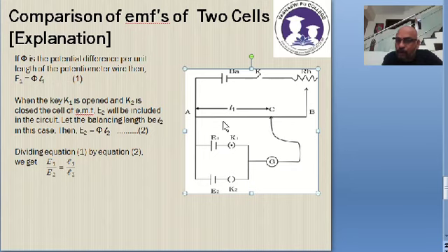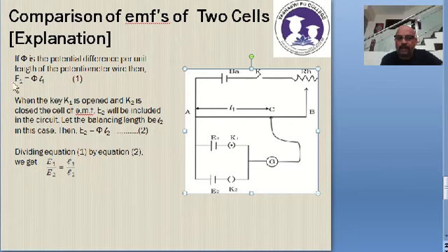So when you bring it to the 1/4 point, what will happen? At the 1/4 point, this battery is giving 2.5 volts and E2 also has 2.5 volts, which will cancel, and therefore the balancing length in the second case is L2, which has to be measured. I just told you the example of 10 volts here, 5 volts here, 2.5 volts here. In general, it can be any voltage. So if the balancing length L2 is there, then that is balanced by E2, therefore E2 is proportional to L2.